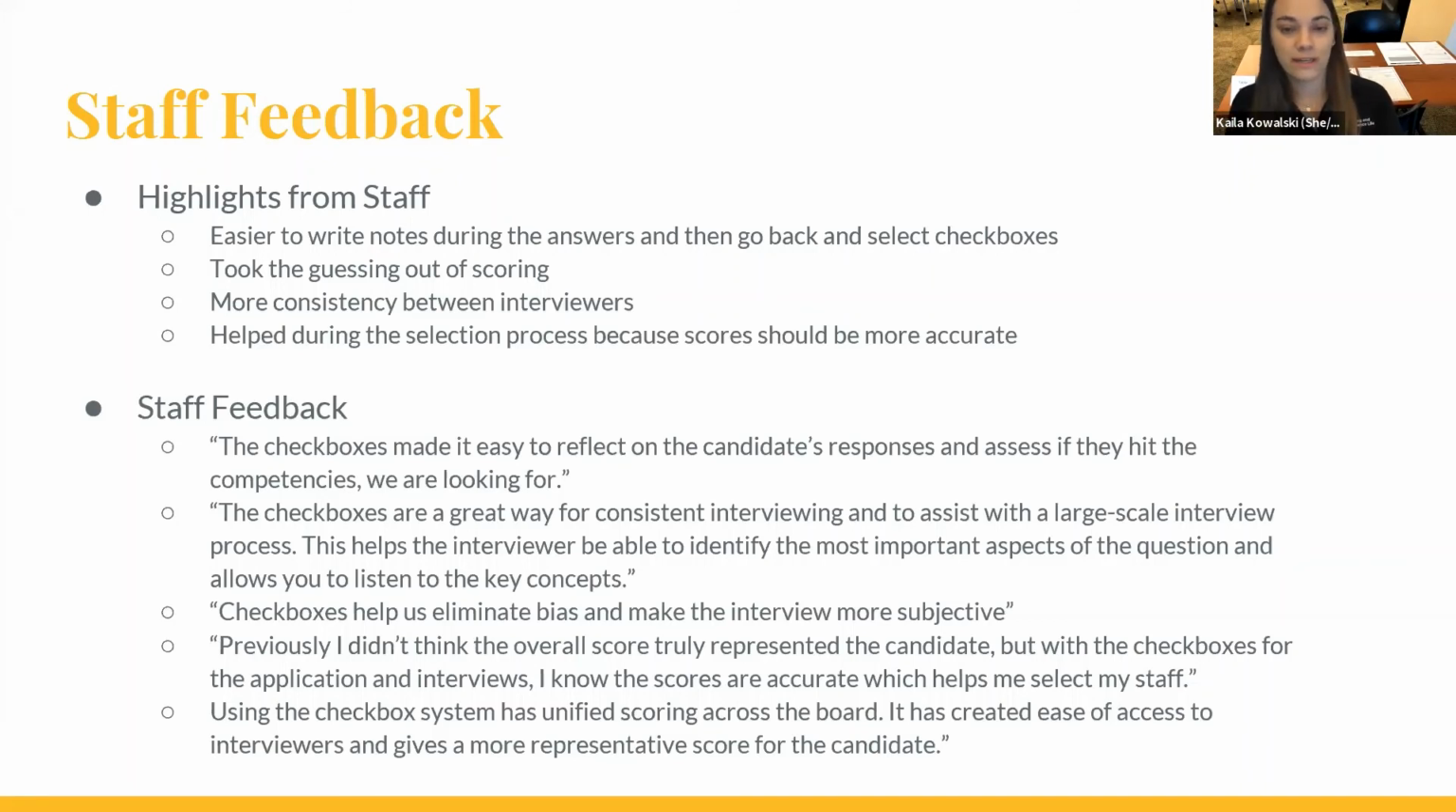Because as Hailee mentioned in the beginning, our goal as the staff selection process managers is to make it something that candidates feel comfortable in, right? We want to attract great candidates, but equally as important, for our staff, it should be easy to review applications and determine who they're selecting. Our job is to make it easy. We're like the middle people. So seeing their input and seeing that previously they didn't think the score presented the candidate, but with the checkboxes for the application and interviews, they know they're accurate. And we do hope that, since we've made a lot of changes all at once,